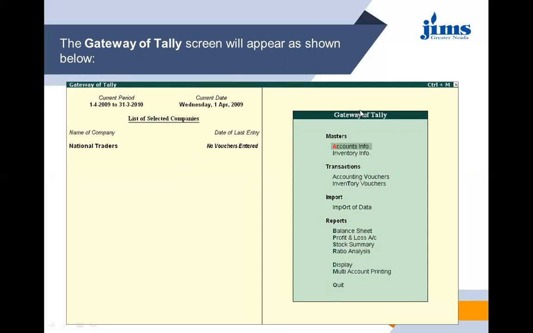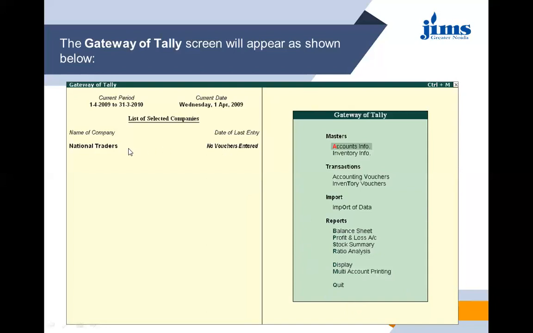Then this is the Gateway of Tally, where all the information of masters, transactions, import, reports, each and everything is given. Because we have opened this company, the Gateway of Tally page would be like this.